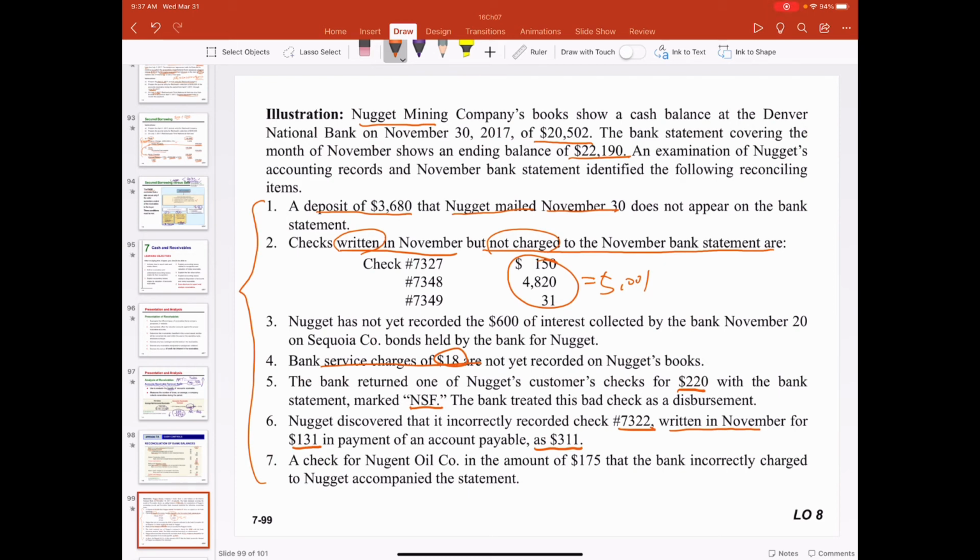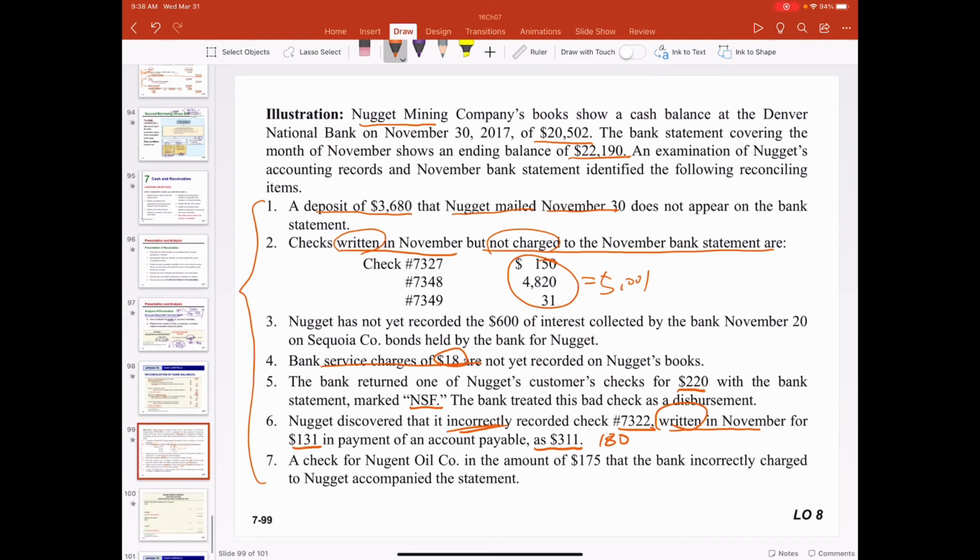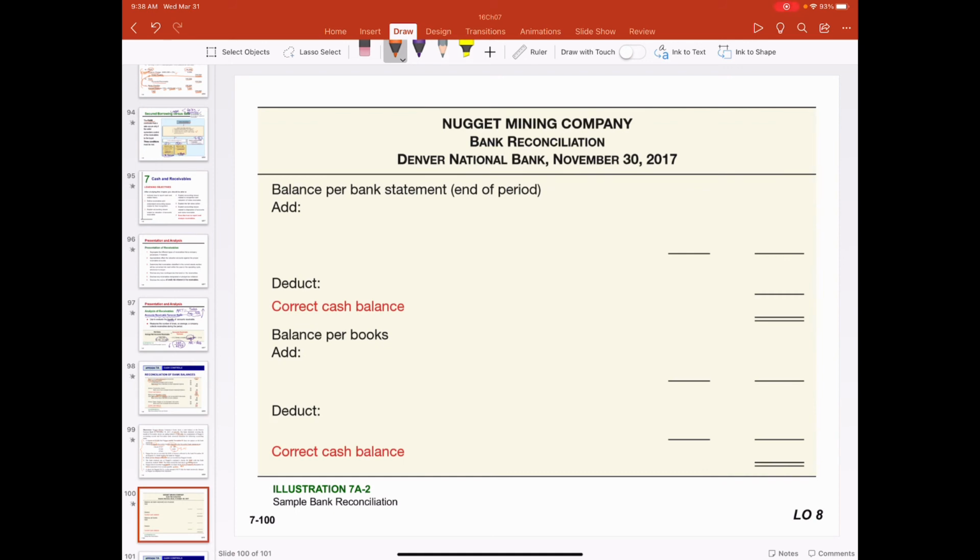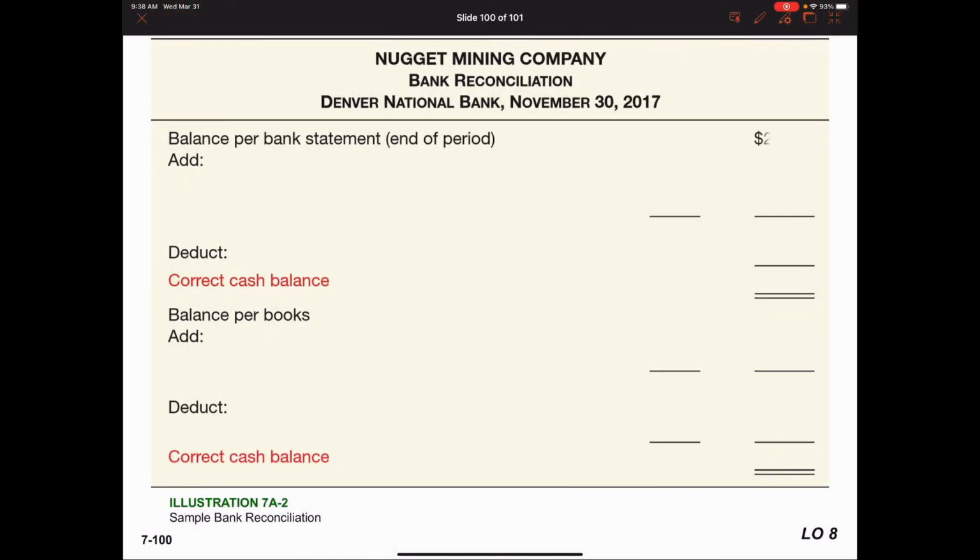Okay, so that means this cash outflow was overstated by $180. So we should add back this error to the firm statement, because this is an error made by the firm. Okay, so let's go back to this one. $180 added back to the